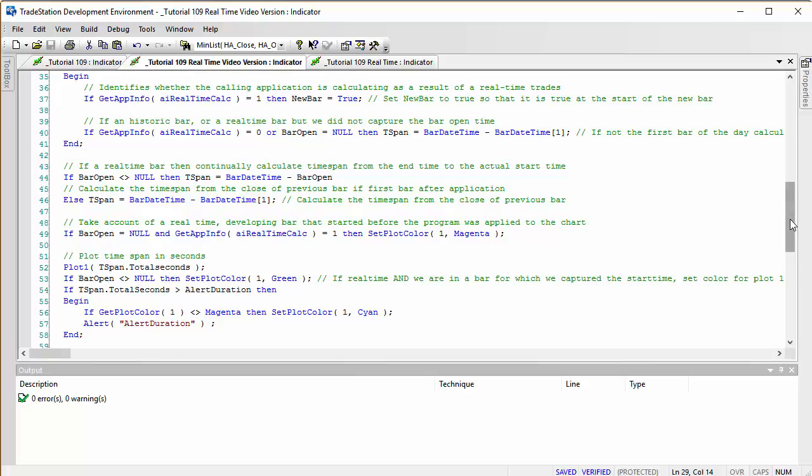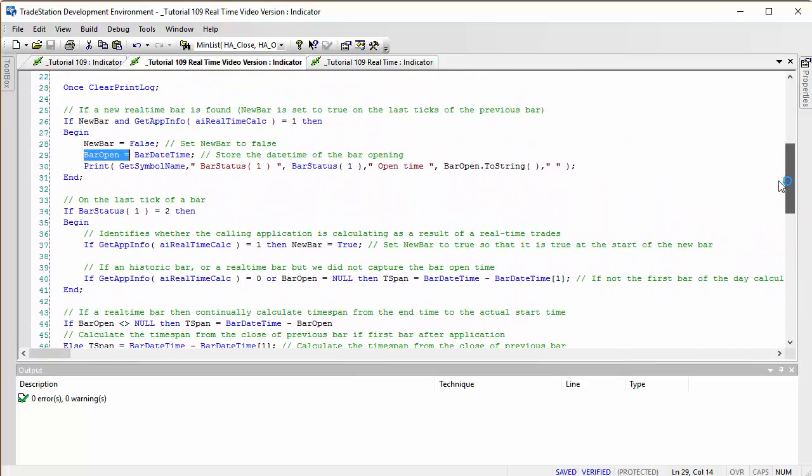In other words, we see whether bar open is set. Bar open is set to the bar date time of the first real-time bar that we get to, at the first tick of that bar, and if that is not null,